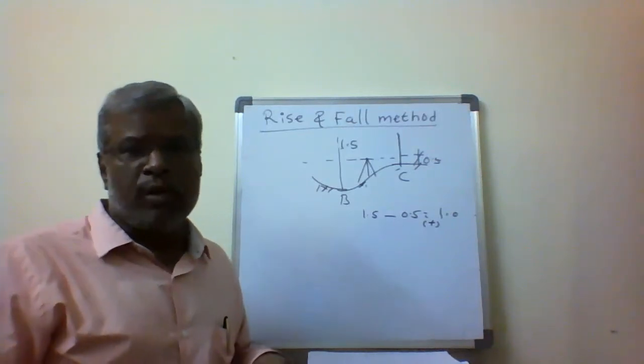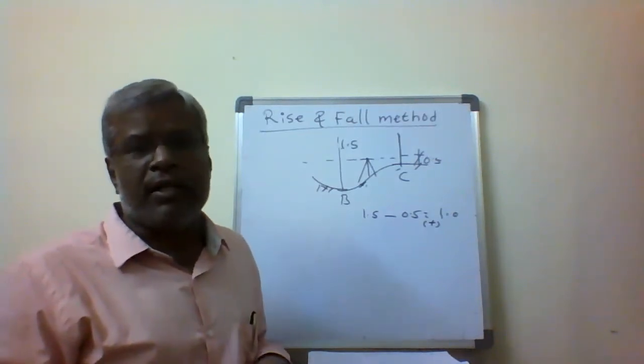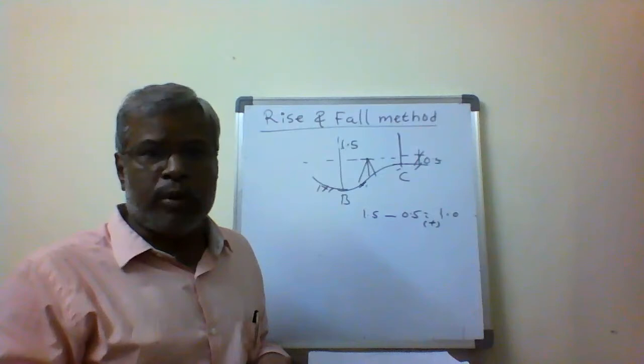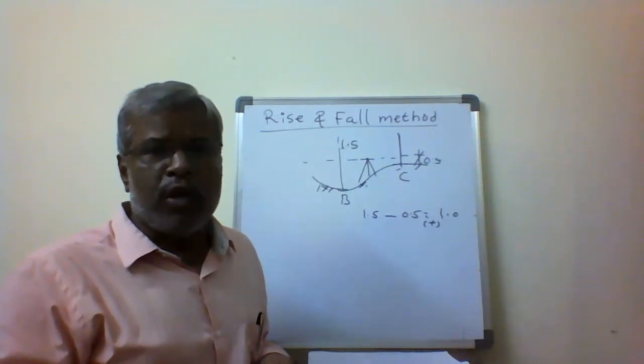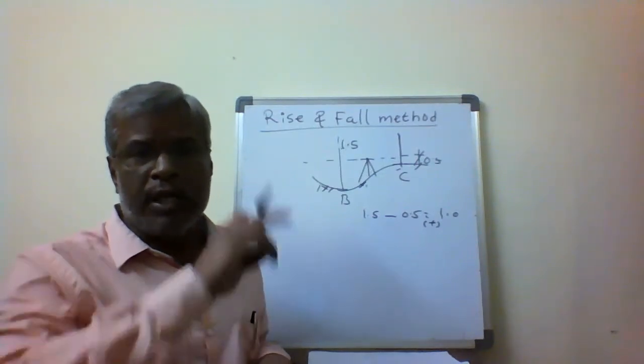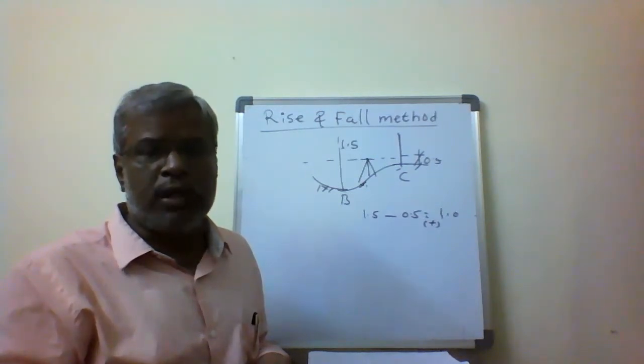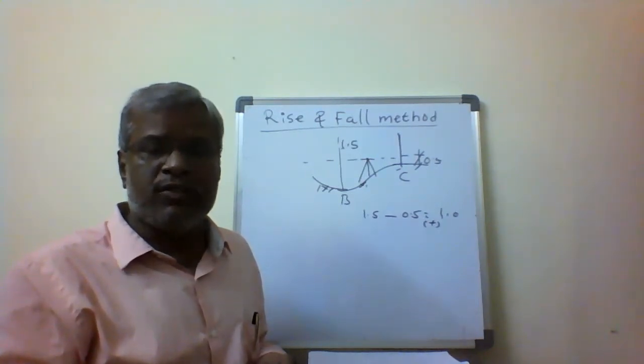So here, with the rise and fall method, we are going to be calculating the rises and falls. In the previous method, the name was given based on the height of the instrument. Based on the height of instrument, we find out the elevations of the points. The key point there is the height of the instrument. If you do it perfectly, we can find out the elevations very easily.